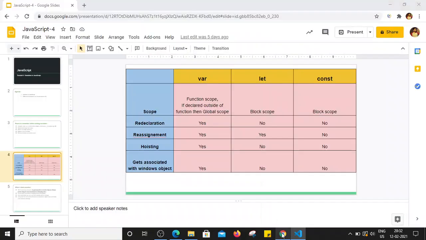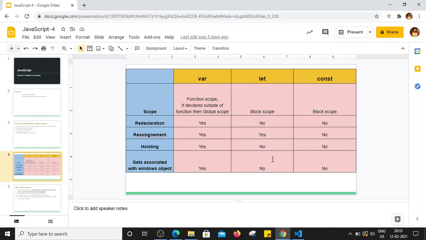So let's see once again. Hoisting is supported, or valid, for var only, if we declare later, at the last stage, and initialize at the starting. That is supported by var. But for let and const it will give you the error, right? So to avoid bugs, it's the ideal practice to declare the variable at the beginning of the scope. That should be followed while writing code in JavaScript, right? So far we have seen variables, and the difference between var, let and const.